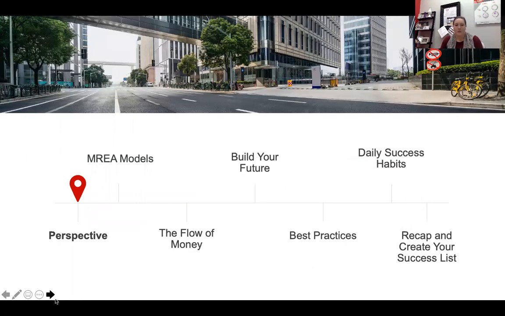So first, in the roadmap of this session, we're going to look at the perspective of becoming a licensed real estate agent. And when you become a licensed real estate agent, you don't necessarily learn how to handle your finances. That's not something that's talked about when you first get your license. So today we're going to dive into the practices that are going to be put into place to ensure that you have a financially sound business and you can fund your big life.